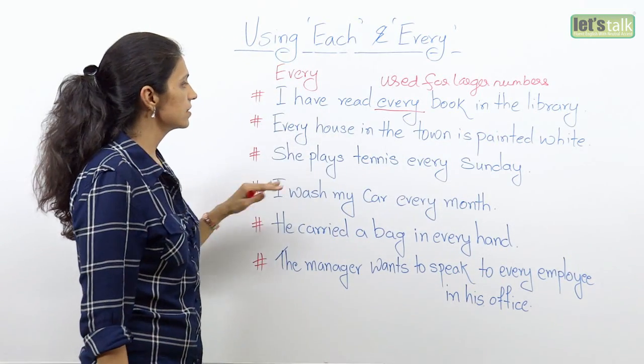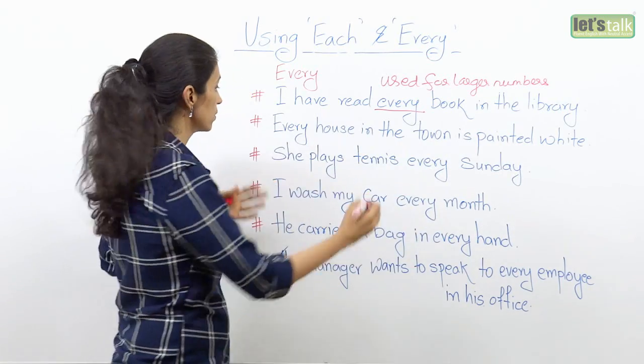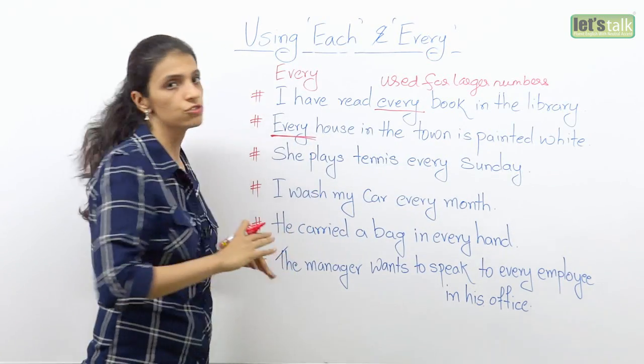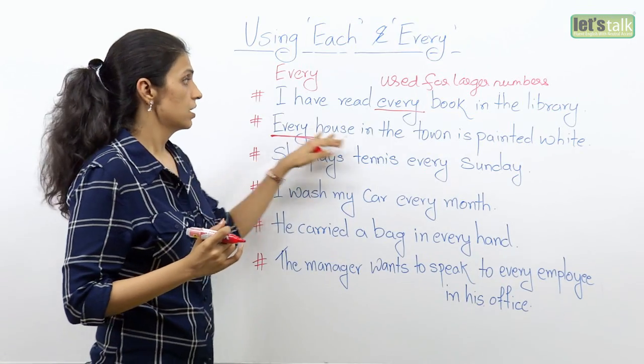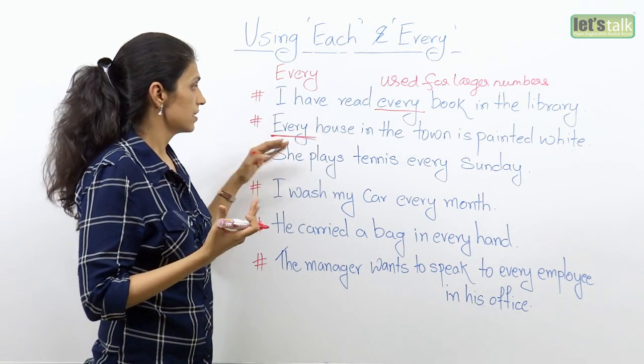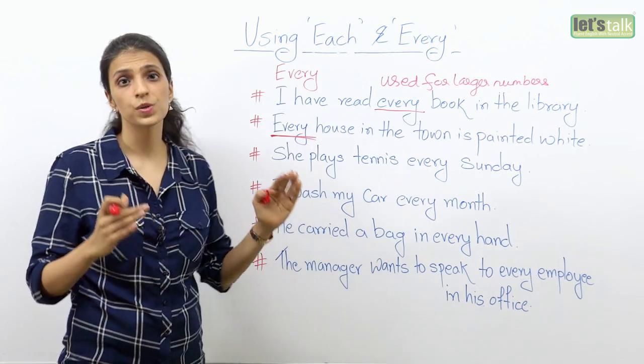Now in the next sentence, every house in the town is painted white. Now if you go to count the number of houses, it is huge, okay? There are a lot of houses in every town. Fine, so better than each house in the town, it is always better to use every because we are relating